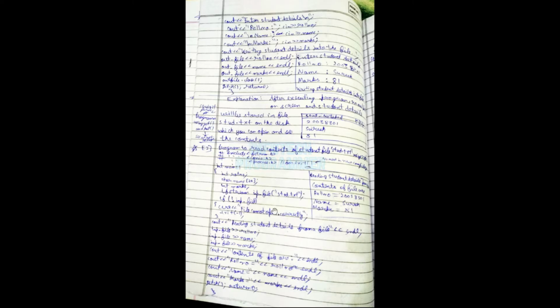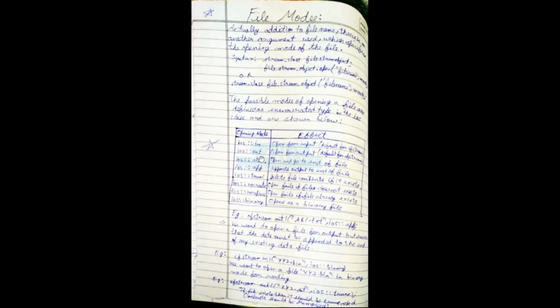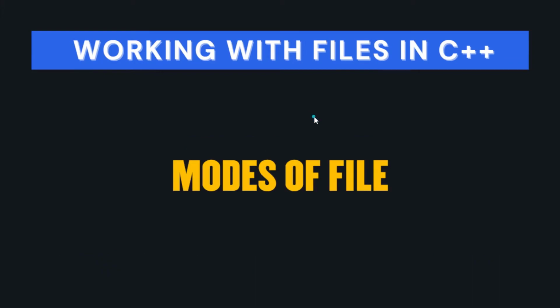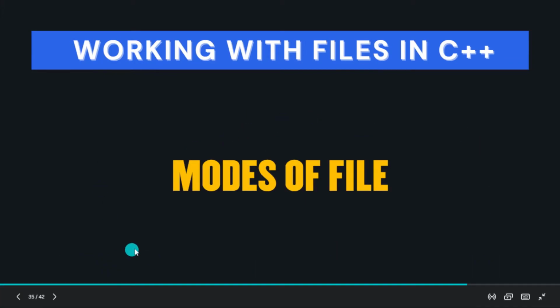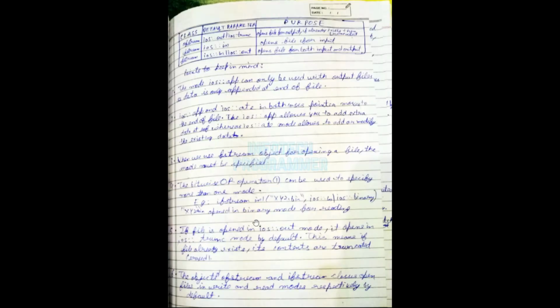And then there are also so many programs and examples which you can learn from, like steps for reading the file, and different types of modes of file are also present. So after that, you have to learn about the modes of file, that is how to access the file. We have modes like in, out, ate, append, truncate, etc. There are so many modes. So you can access these modes and read about these things also. Programs related to these are also present here in the notes and also in the GitHub repository.